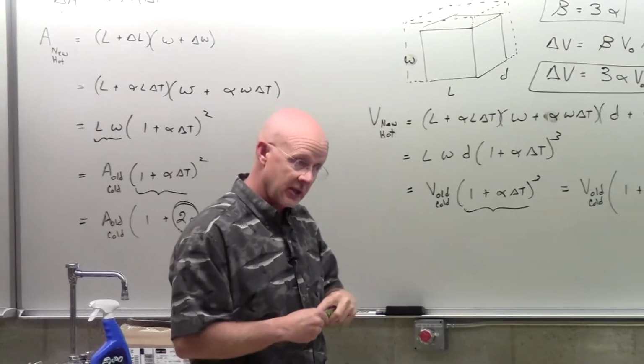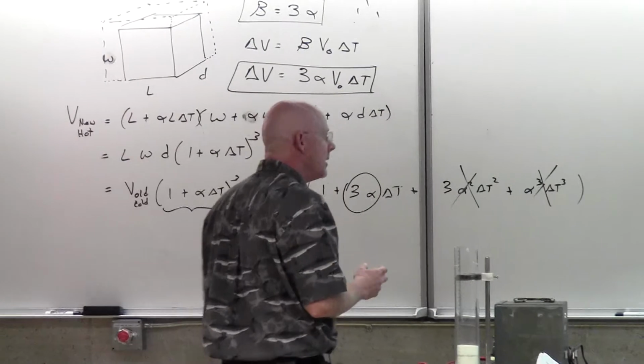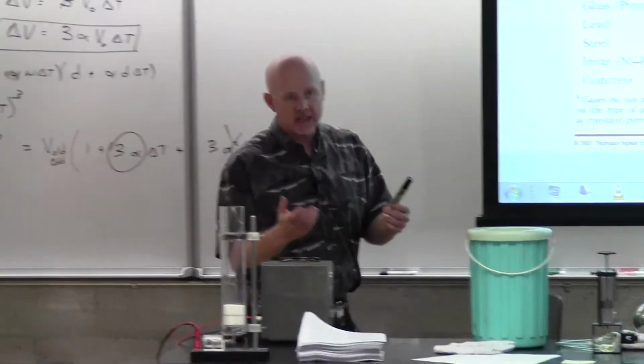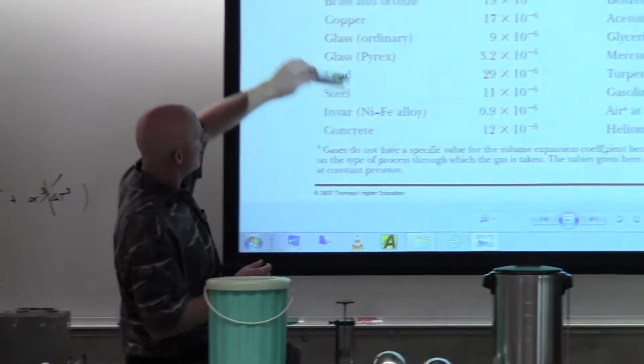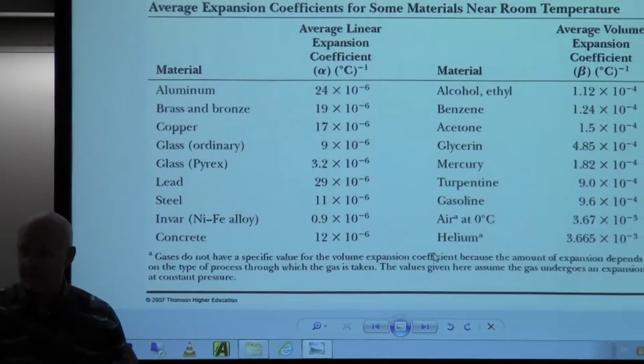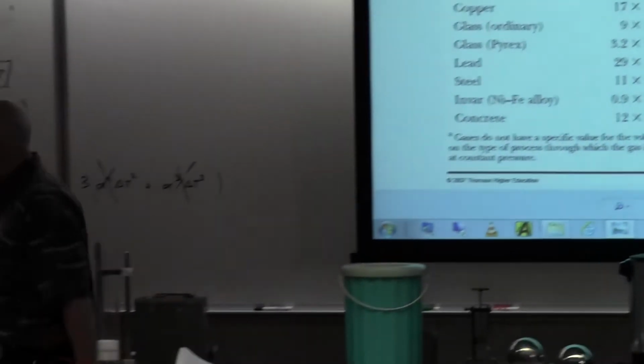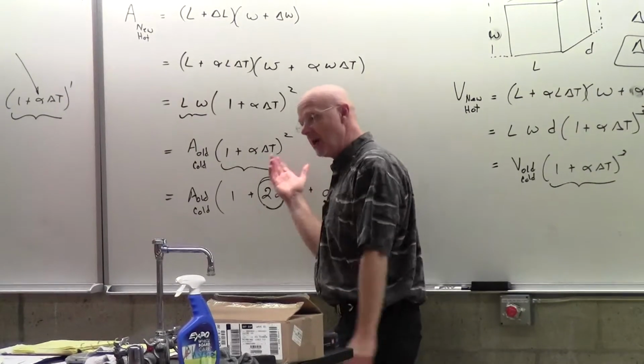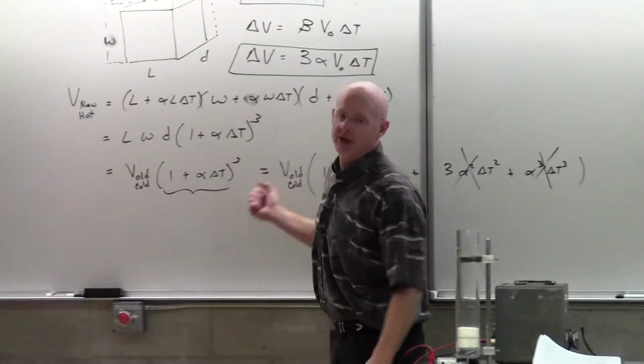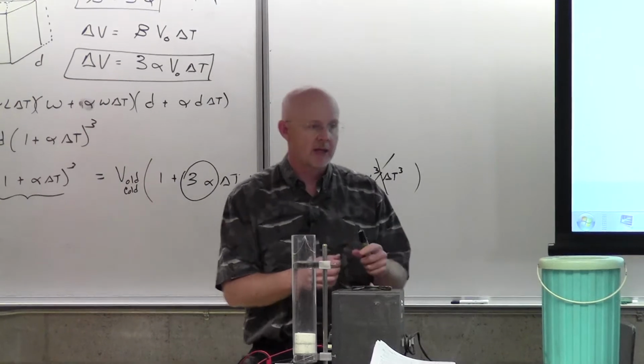They don't need them. And in fact, the general practice, and it kind of makes sense, is that if they are solids, we just list the alpha. Because once we have the alpha, we can then figure out how much its area is going to expand by and how much its volume is going to expand by.